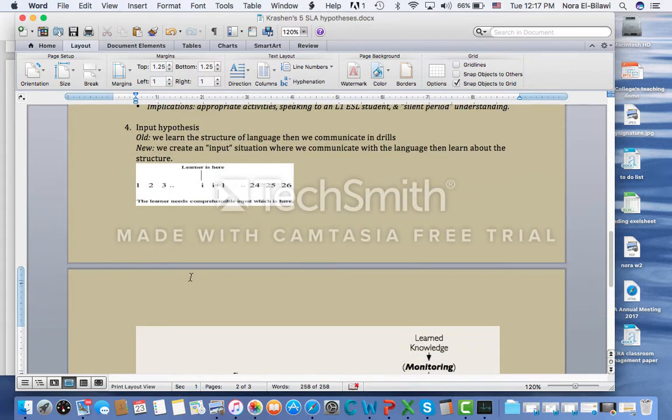Krashen's most important hypothesis is the input hypothesis, and that's related a lot to Vygotsky's zone of proximal development. He said the I here is... let's go to this statement. An old way of learning the language is through the language structure and drills, like the bottom-up order, what we just explained. But the new one is to create an input